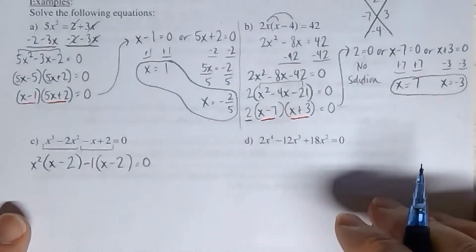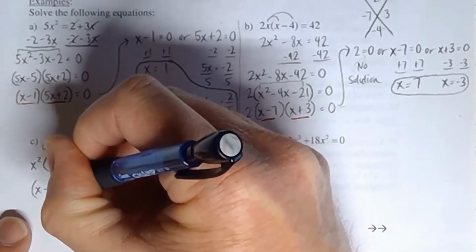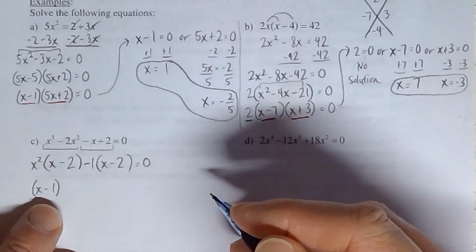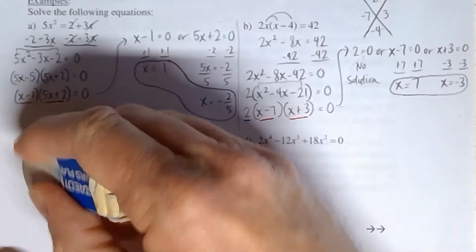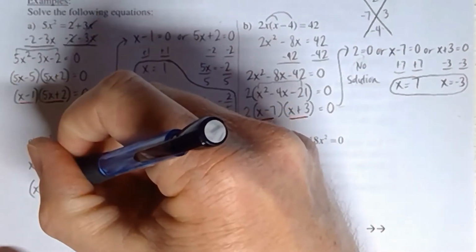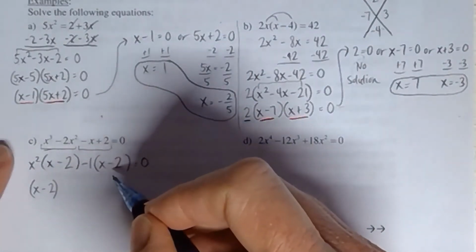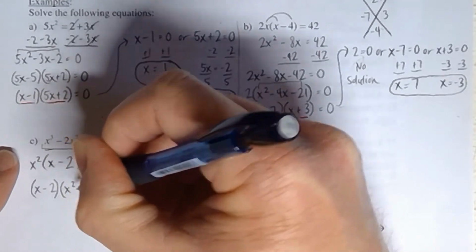And so that means that I can then move the common bracket, since those 2 brackets are exactly the same, to the front. I'm sorry, I wrote down the wrong one there. I meant to say x minus 2. Move the x minus 2 to the front, just one time like we talked about, even though there's 2 of them on the previous step, just write it once. And then we get x squared minus 1.